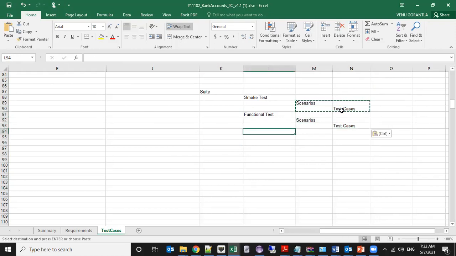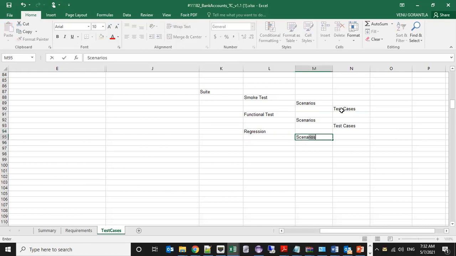The regression test. So when you see, at the suite level I have all these things covered for a testing type.